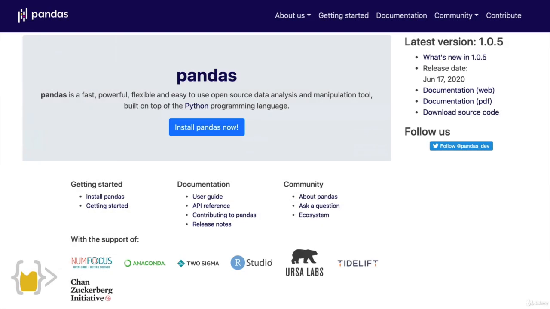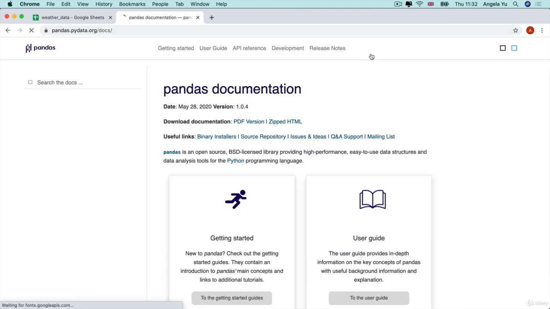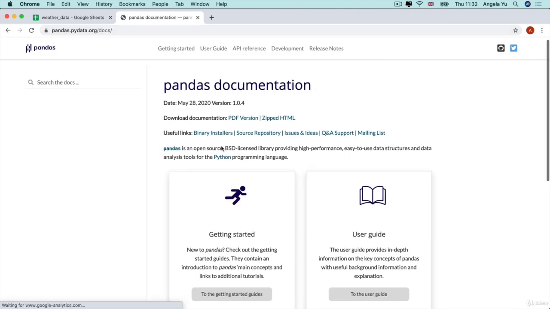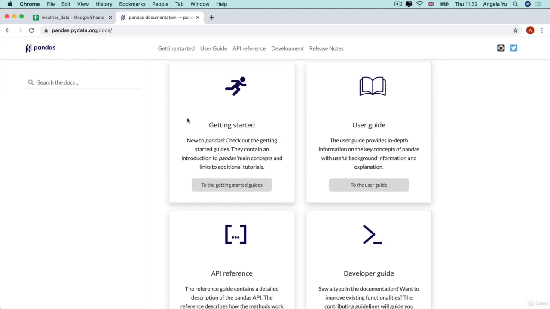Now, while that's installing, I want to quickly introduce you to the documentation for this library. It's really well documented and it's really powerful, so it has a lot of things in the documentation. If you head over to pandas.pydata.org and then click on documentation, then you'll be able to see all the things that you can do with it. So there's an API reference, there's a quick getting started guide,